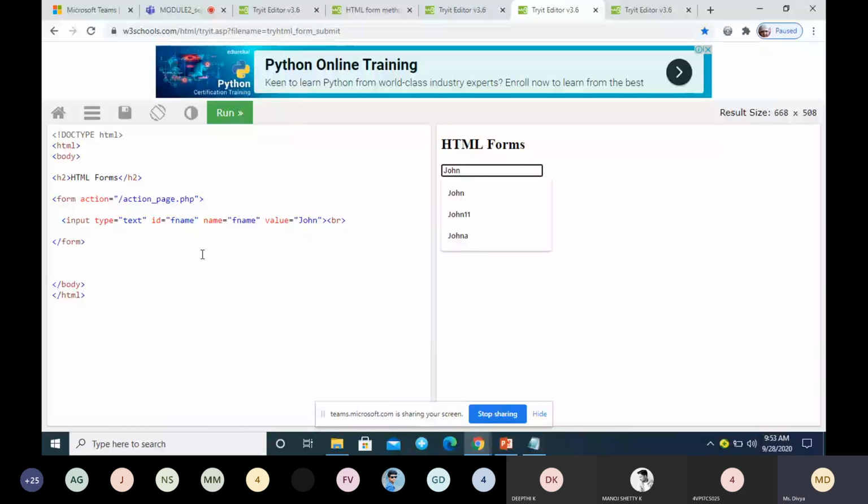You have to give one example like this and explain what type is equal to text is. Type is equal to text will allow you to enter only a single line of data. If you want a label, you can specify the label. When you click on this first name, the text box will get selected. And the next one is